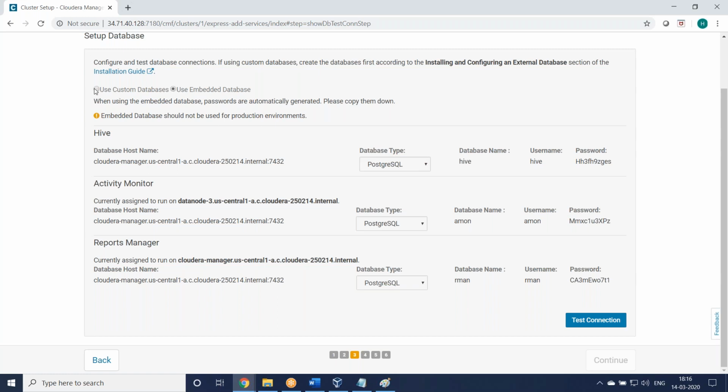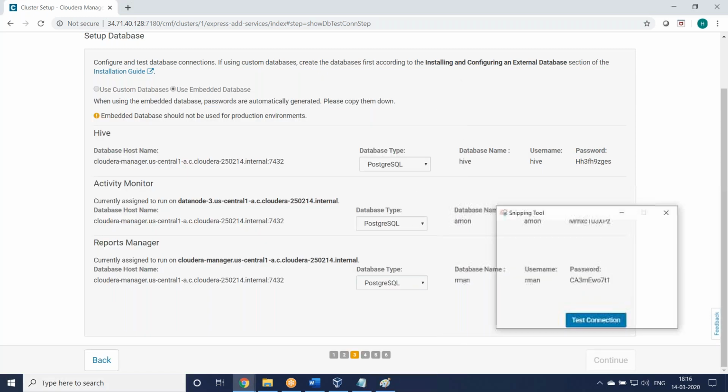So we are not going that way. If you want to go with a custom database, you have to select this one. Okay, so we are not going with a custom database, we'll go with the default. So you see, these are the database name, database type, PostgreSQL by default, database name Hive, database name Amon, something Rman. Okay, username, password. These are the passwords. So let us take a picture of this one.